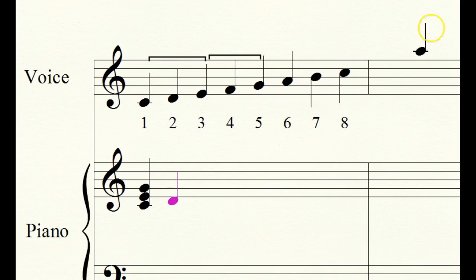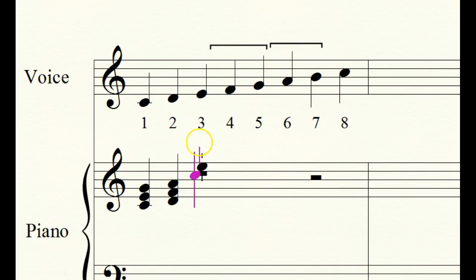So here is D. Let's move those brackets so we can see what the other notes will be. Well, if we move these brackets along, we can see we are going to use D on the bottom, and then F on top of that, and then A, number 6 on top of that. Again, we can move these brackets along to work out the next chord. We'll start this time with E on the bottom, and then the G and the B,